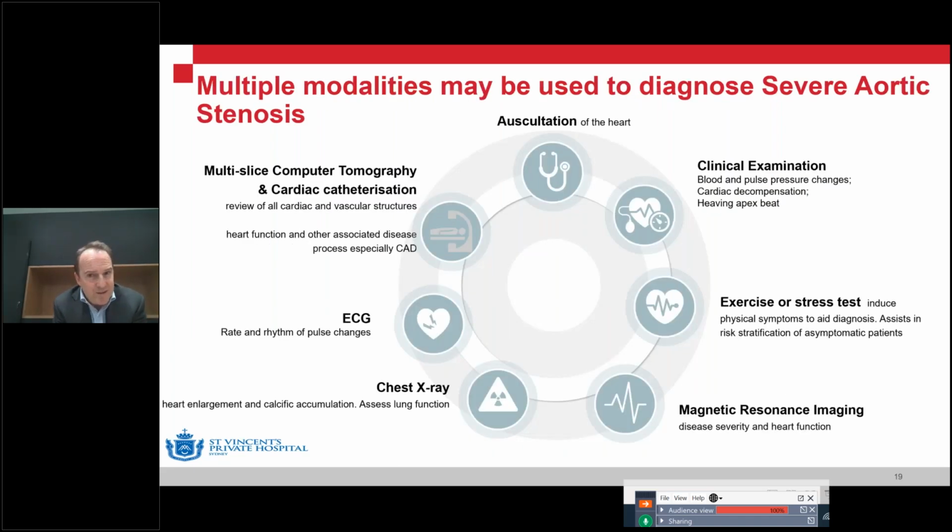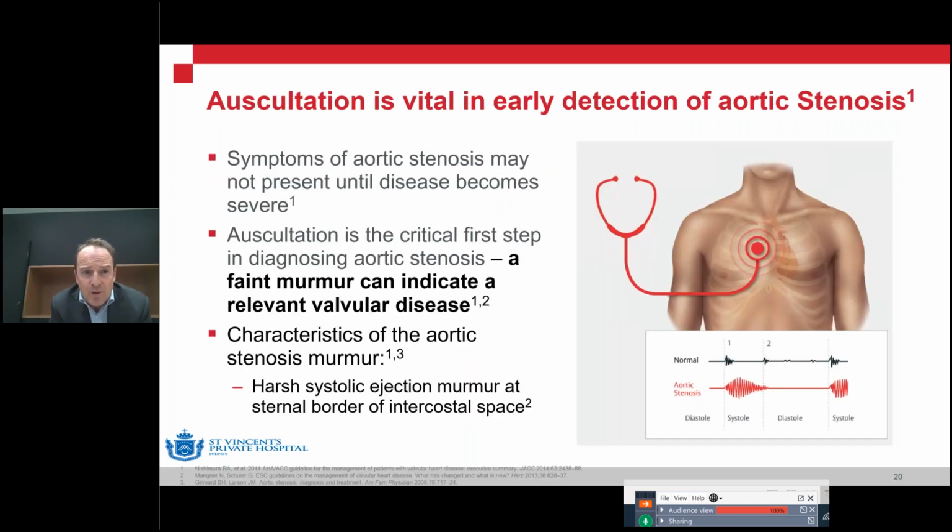There are many ways that we can diagnose aortic stenosis, but we might start with auscultation. And auscultation is very important. I think it's probably underdone across all fields of medicine, certainly in surgery, certainly in orthopedic surgery, but I think in primary practice as well, it's not done for every patient, and there are certain patients who it probably should be done more often. One important thing to remember is that a faint murmur doesn't necessarily mean that it's a mild condition. If a patient has a poor left ventricle, the murmur can often be faint and in conjunction with